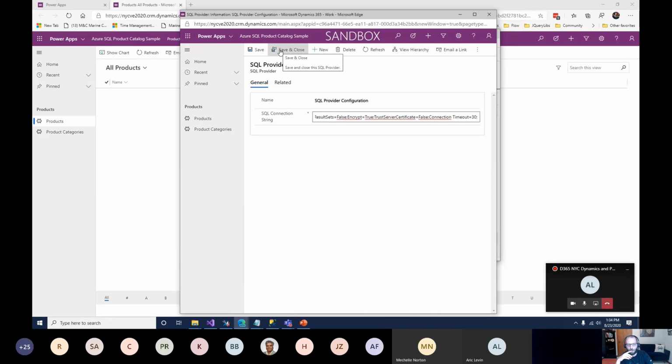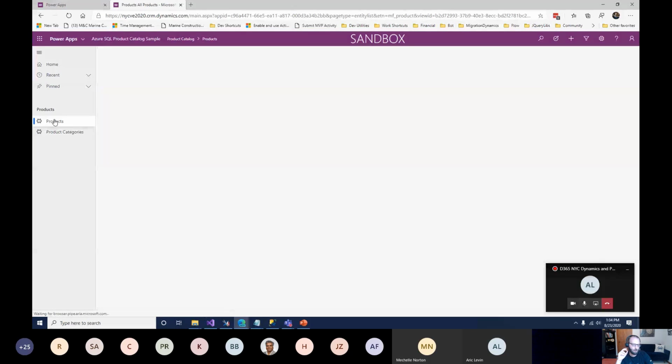So that connection string we got from Azure, paste in here after you replace your password. Save and close. Click that again. There we go. So what you're seeing is the actual data out of this product catalog,